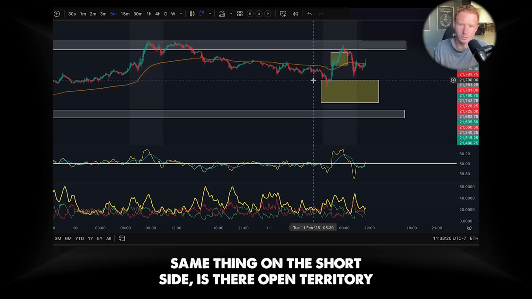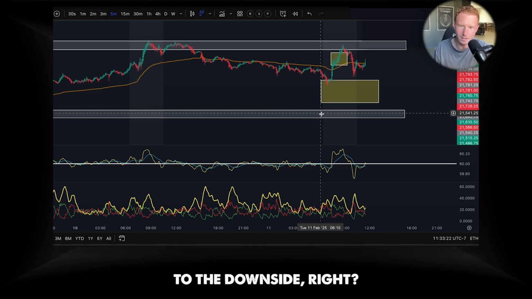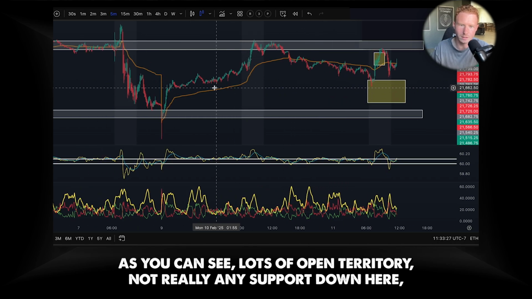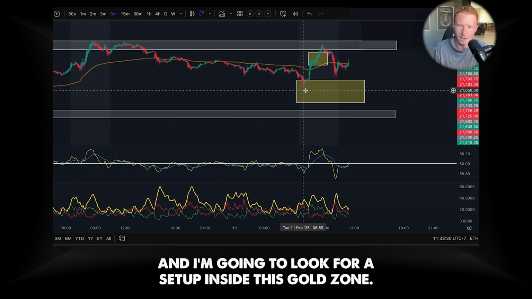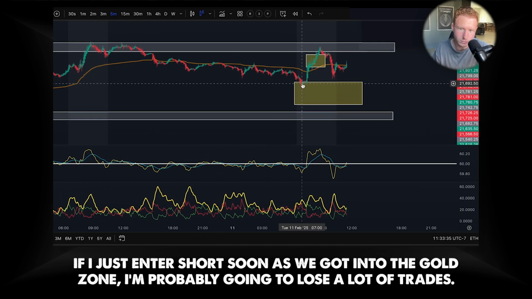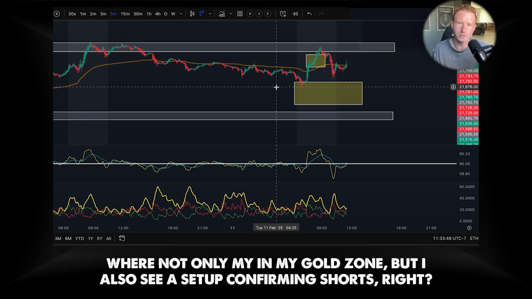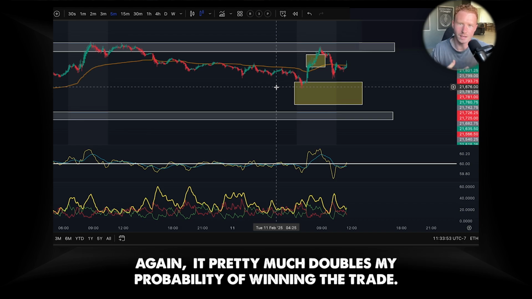Same thing on the short side. Is there open territory to the downside, right? To the support area? As you can see, lots of open territory, not really any support down here. And I'm going to look for a setup inside this gold zone. If I just enter short as soon as we got into the gold zone, I'm probably going to lose a lot of trades. But if I add another confirmation where not only my gold zone, but I also see a setup confirming shorts, right? Then I take it